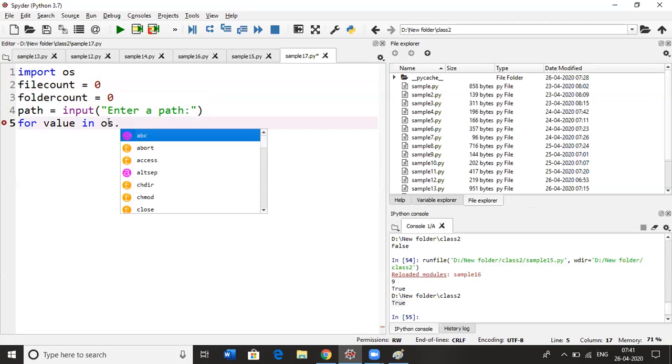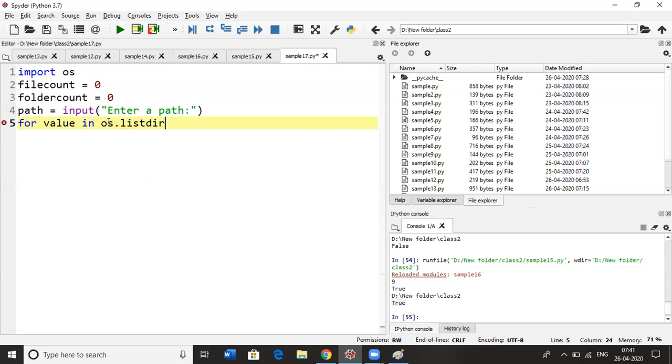Inside the os module we have listdir. listdir of path will give you a list here. So it is a list of these file names. So the value will contain either a folder name or a file name. We need to check whether the value is a file or a folder.